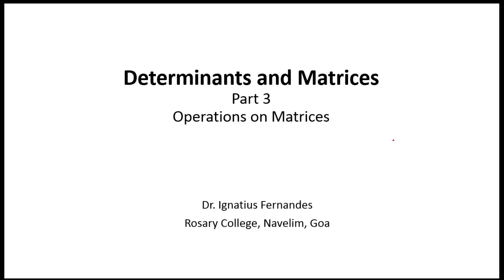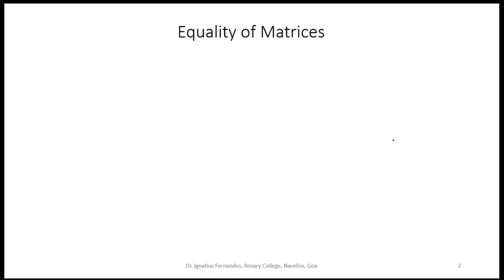Like how we have a 0 in our number system, we have a 0 matrix in the matrix space, and the identity, the number 1 that we have in the number system. Similarly we have an identity or the unit matrix in this system. Okay, so we would be talking about a similar kind of operations that we have even using matrices.